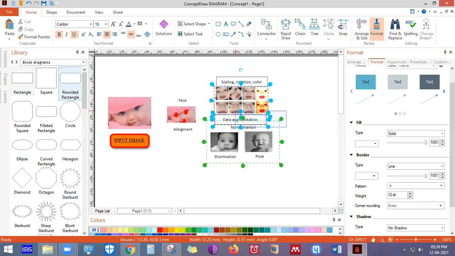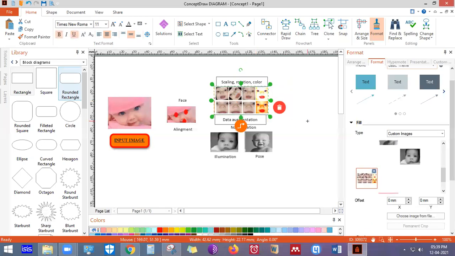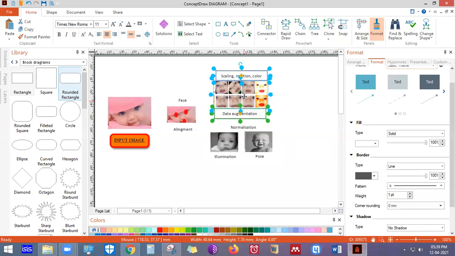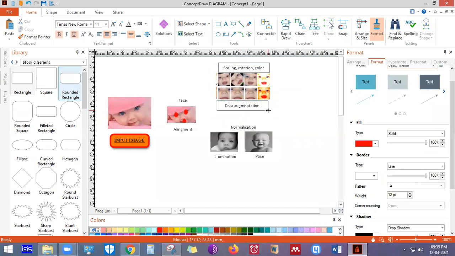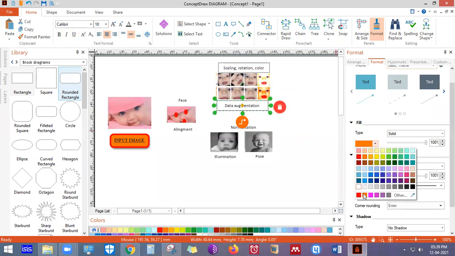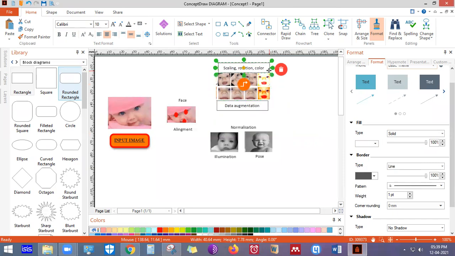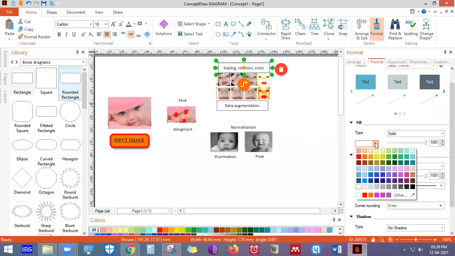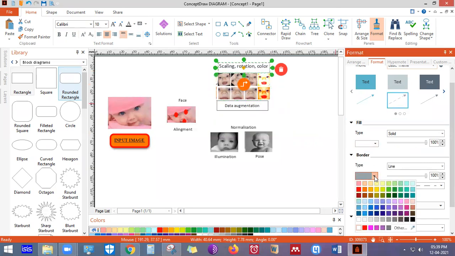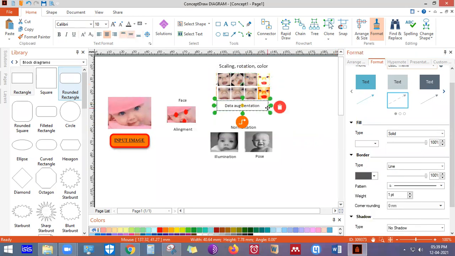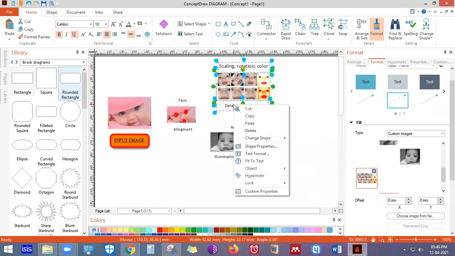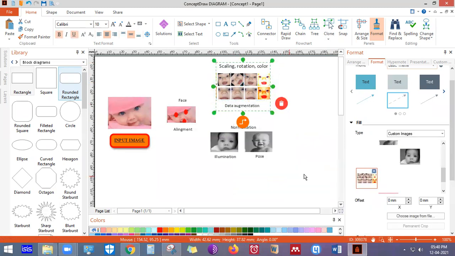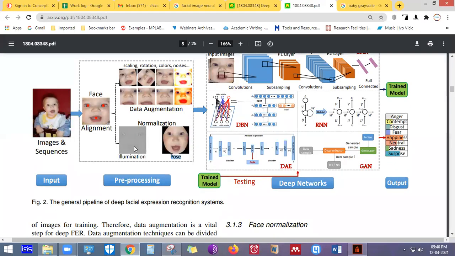So we need to give it some space. So I'm just going to move it up a top. And I'm going to give the outline as white color. Border, give it as white. Similarly, border, set it to white. And I'll just select the object and then I'll group it. And then we have a line with a